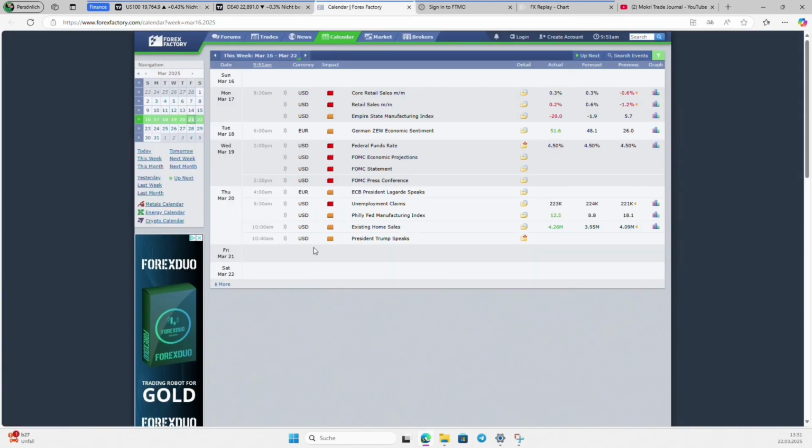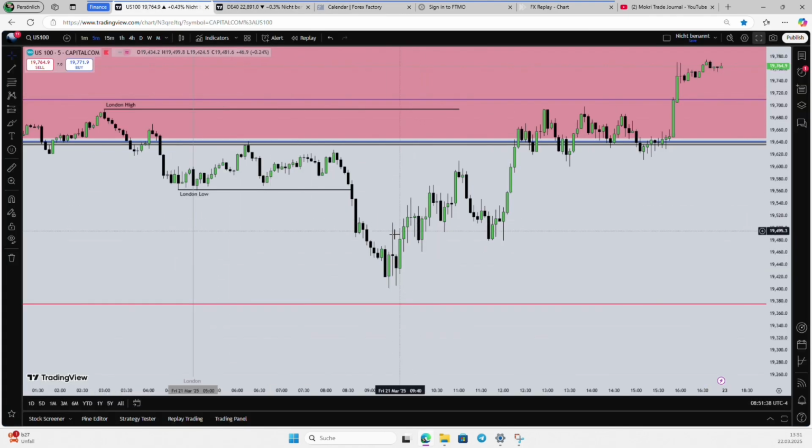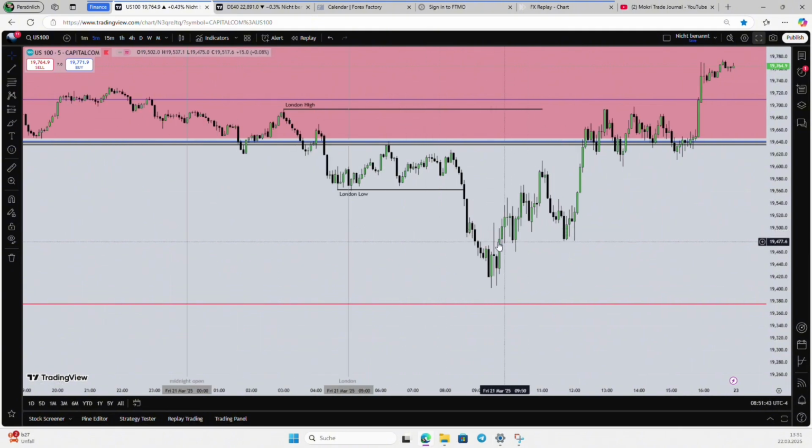So now here on forexfactory.com, you can see on Friday, there is no news. There's no high impact or low impact news driving the market. And well, if there is no news in the market, usually the London session is going to be volatile, or the New York Open session is going to be volatile. So the New York AM session, or the Asian session is going to be very volatile if there is no news on that day. So in this case, New York Open has done a lot. It has been pretty much bearish, very volatile.